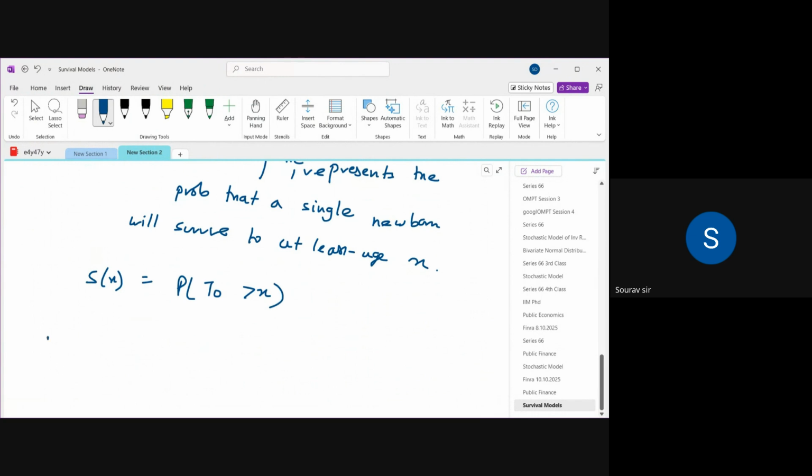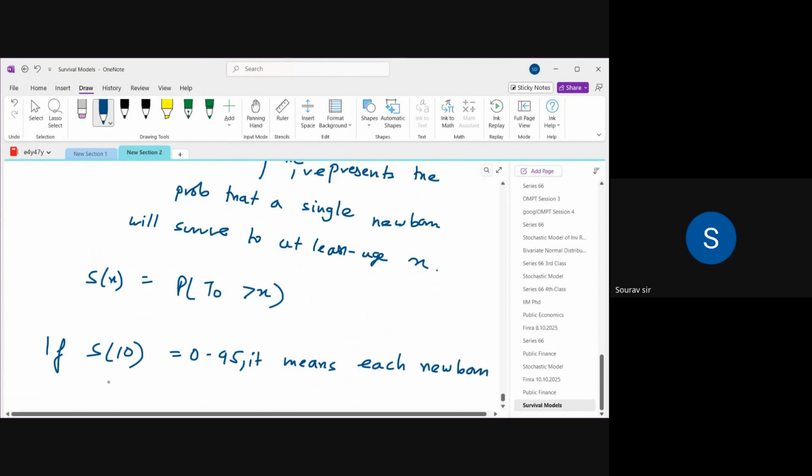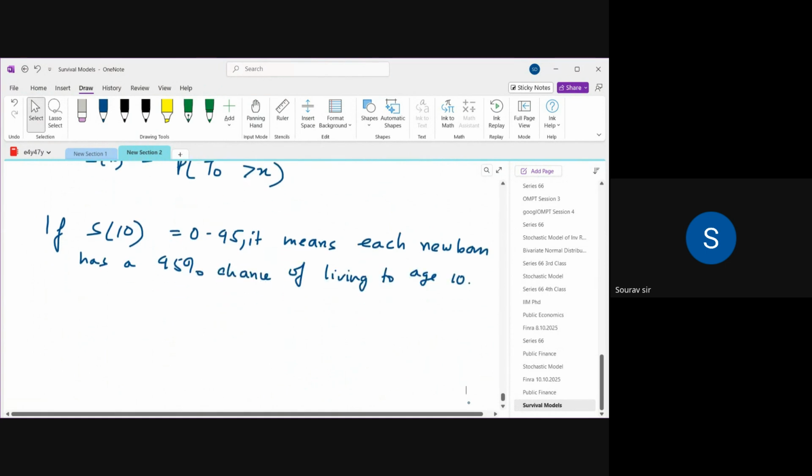So if I say S(10) equals 0.95, it means each newborn has a 95% chance of living to age 10. Okay. Next,